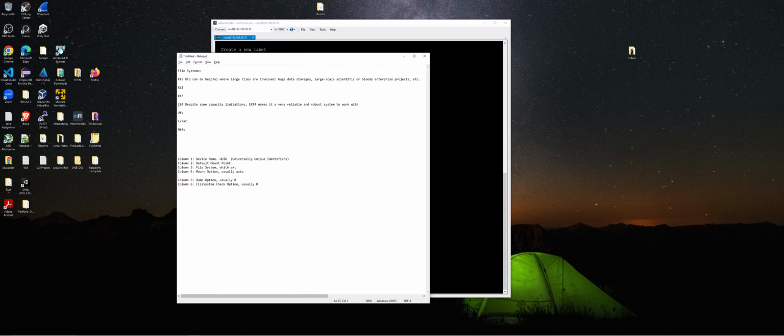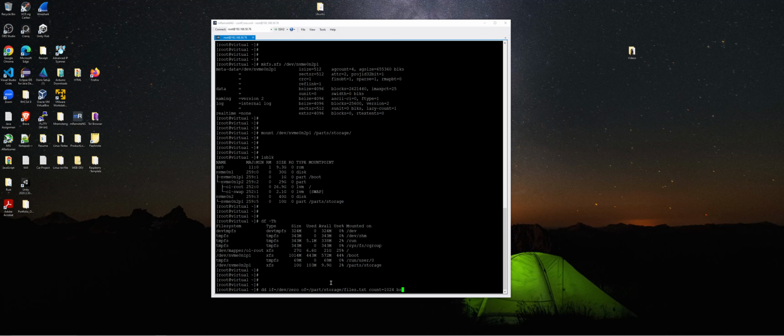Let's actually allocate some space to this partition. I'm going to be using the dd command. I'm not going to be getting into the dd command in this video. I'm just going to be showing you how to actually add some space. There's actually an example. dd input file /dev/zero, output file, in this case, it's parts storage